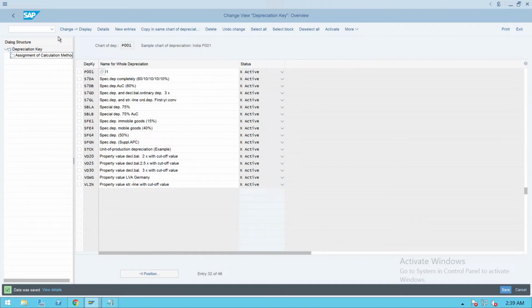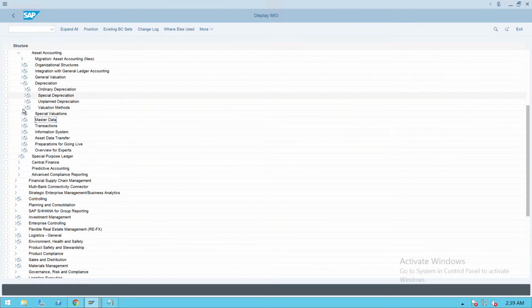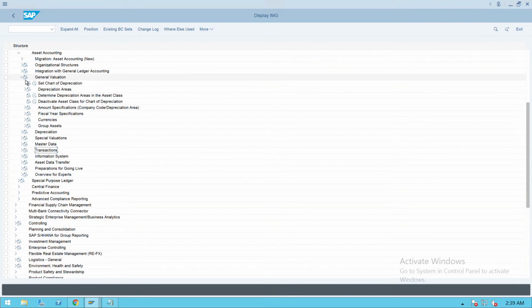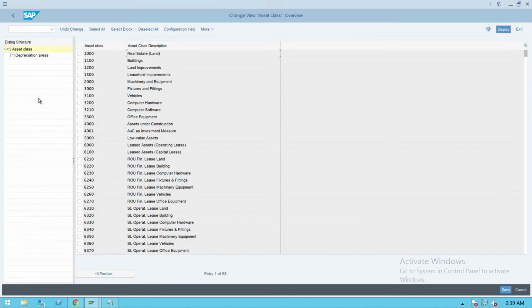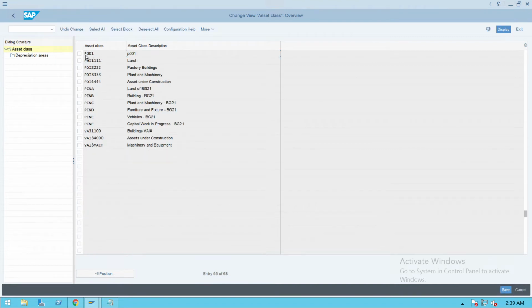Okay, once this is done, we'll go to asset accounting again. If you want, you can minimize everything so that we will not have any confusion. Now this is a high note. Under this, go to general valuation. Under general valuation, go to depreciation area in asset class. Execute this one. So click on position, select our asset class, select this one,